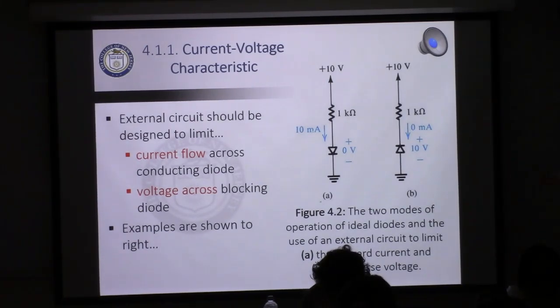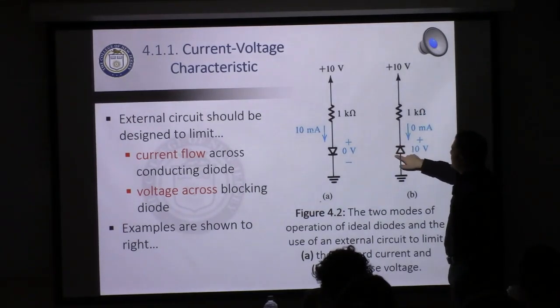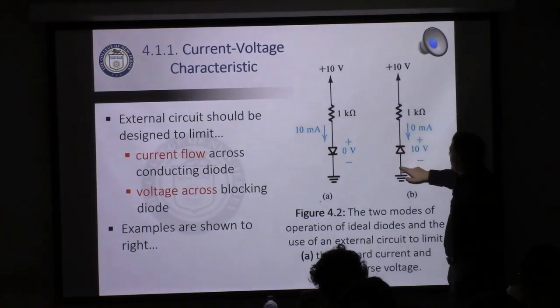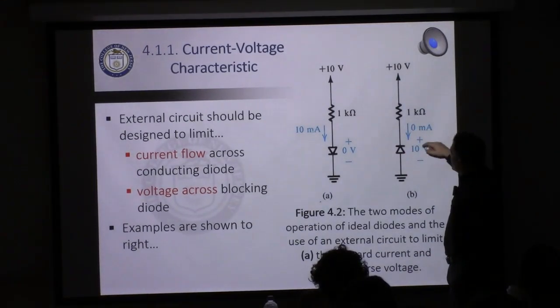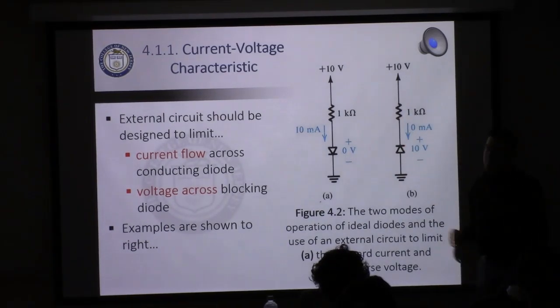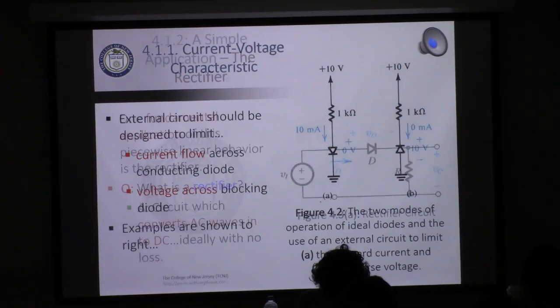Actually, well, this one is a blocking case, right? We have 10 volts. This reverse biases the diode, which means there'll be no current flowing, 0 milliamps. That means there's no voltage drop across this resistor, and the full 10 volts is applied across the diode. Okay, so